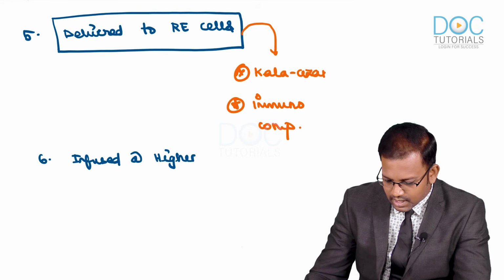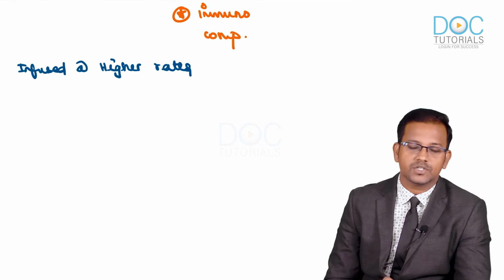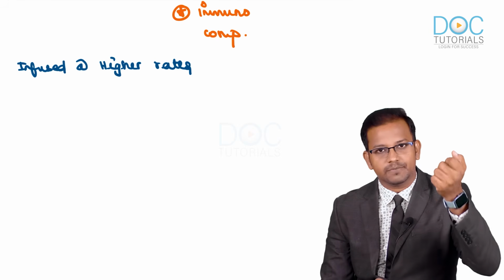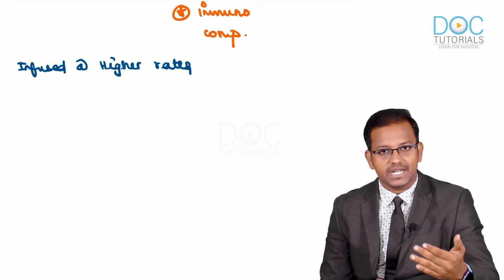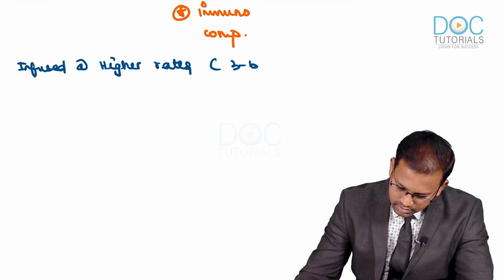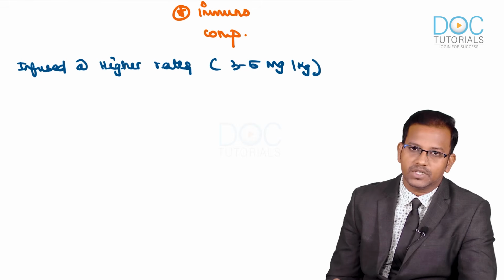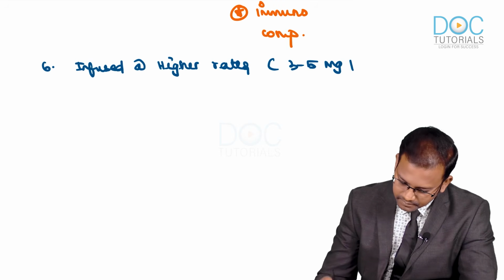And it can be infused at higher rates. Why is that? Because in case of conventional amphotericin B, because of its probability to produce infusion related reactions, as I've already explained, it has to be started slow and the escalation must be gradual. That is not necessary in liposomal amphotericin B, where we can administer up to 3 to 5 milligrams per kilogram dose directly into the veins without opting for a gradual escalation.